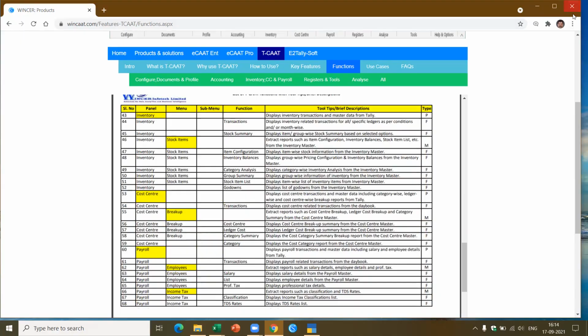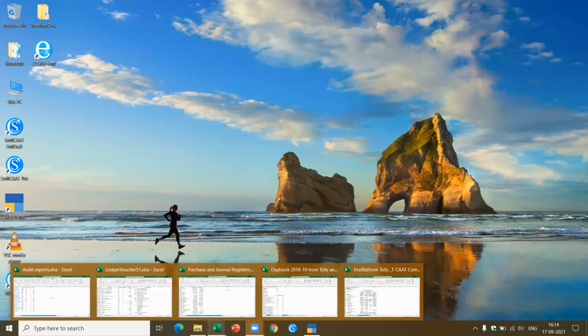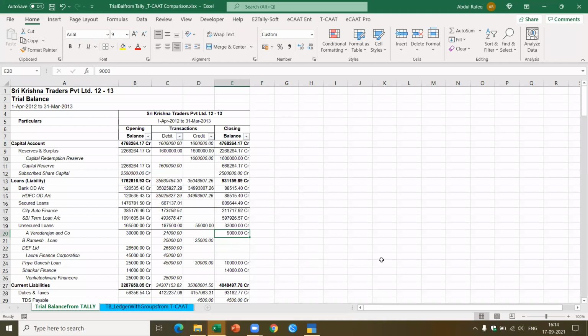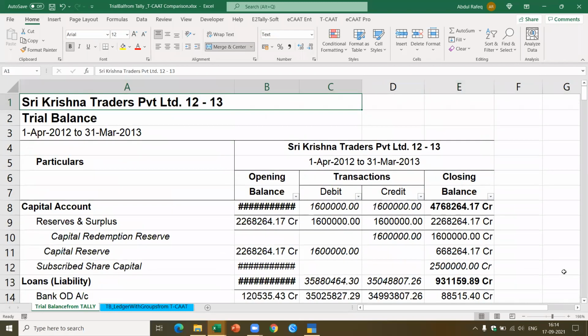Okay, let's get started now. What I would like to do is show you some of the reports. Let's get started first with the trial balance, which is most extensively used by us. Now, if you see this trial balance, first I have shown you the trial balance which you get from Tally. Okay, this is what you get